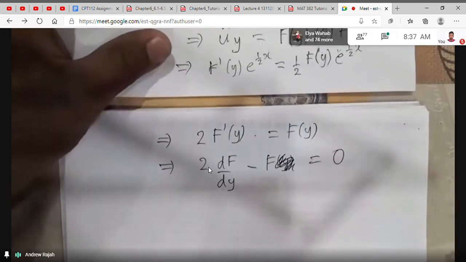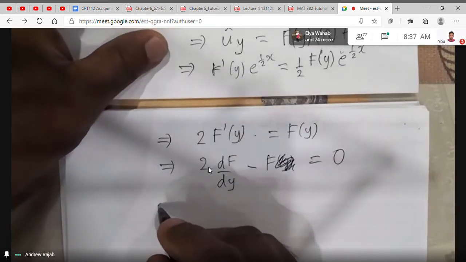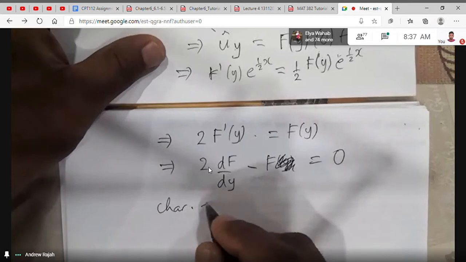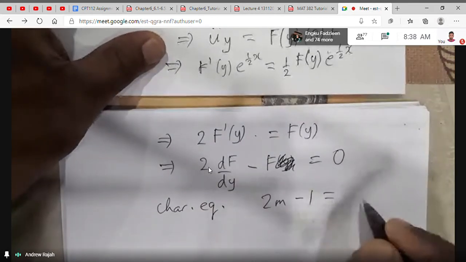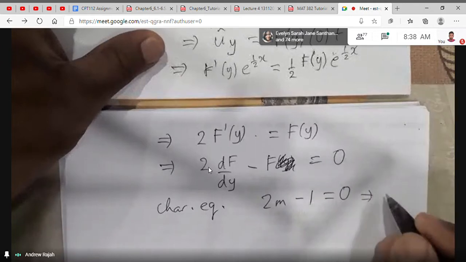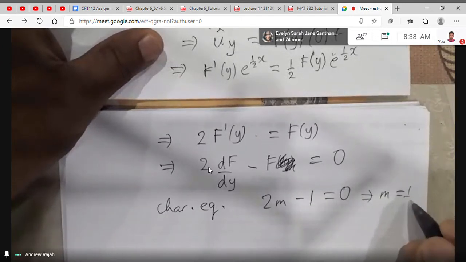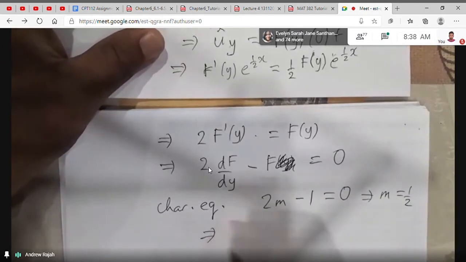F is a function in y. So characteristic equation 2m minus 1 equals to 0 implies m equals to half implies